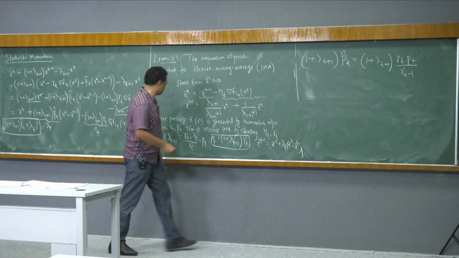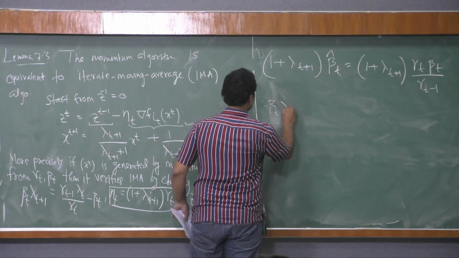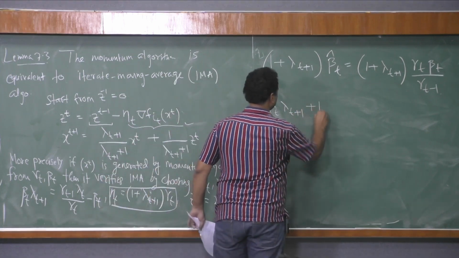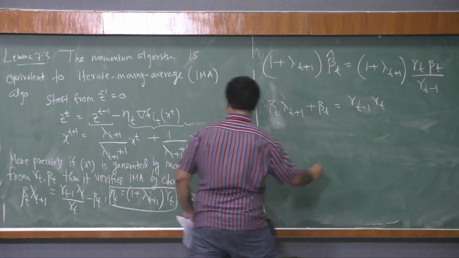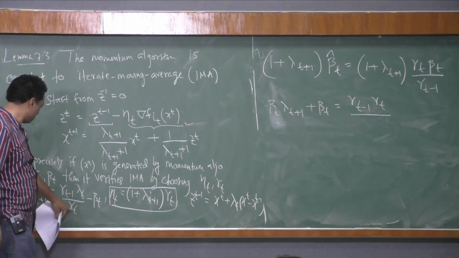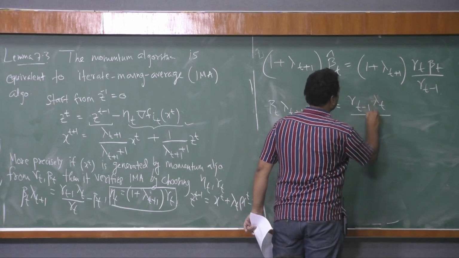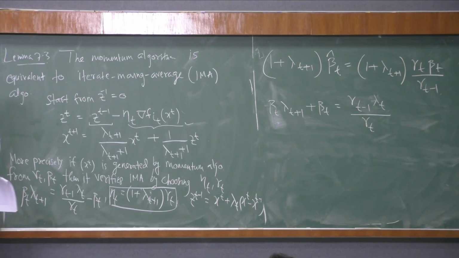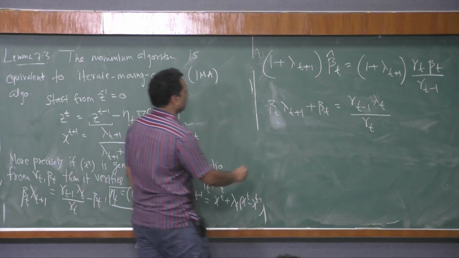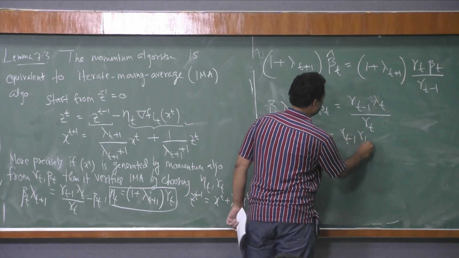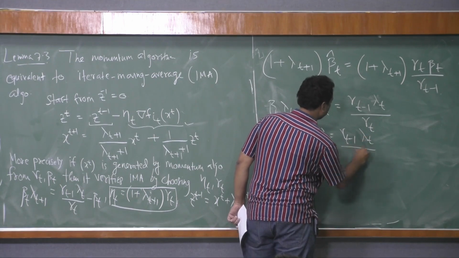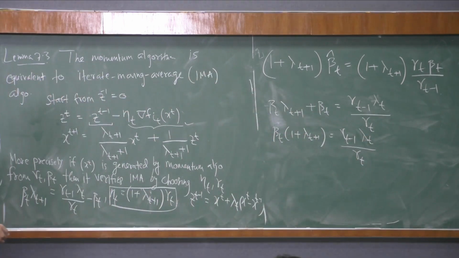So I will start with beta t lambda t plus 1, and I will bring in plus beta t, and this is equal to gamma t minus 1 gamma t, and then divided by lambda t and divided by gamma t. So I hope I have not made any mistake. So beta t, lambda t plus 1 plus beta t, and this is gamma t minus 1 gamma t divided by lambda t divided by gamma t. So from here I have beta t times 1 plus lambda t plus 1, and this is gamma t minus 1 gamma t, lambda t by gamma t. Okay, so